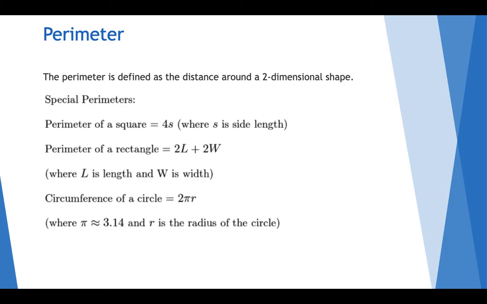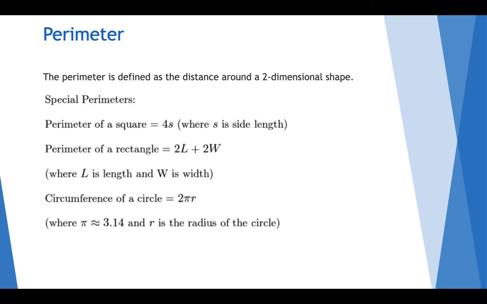This is fairly self-explanatory because all four sides of the square are the same length. So the total distance around the square is just going to be the sum of the side lengths, which is 4 times one of the side lengths because all of them are the same. Following the same logic for the rectangle, the lengths are going to be the same length, the widths are going to be the same length, so the distance around the rectangle is 2 times the length plus 2 times the